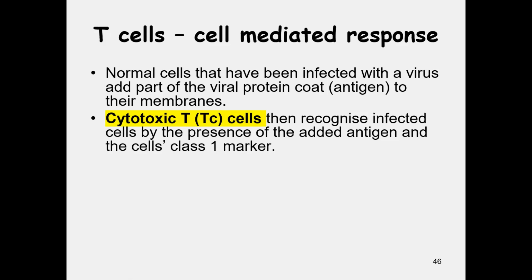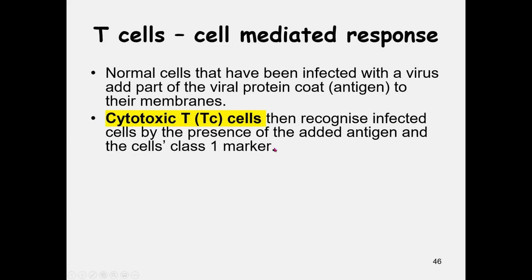But the cell, even though it's being taken over, will take a section of the coat of the virus that's attacked it, and put it on its membrane. So cells that have been infected by the virus take a bit of the protein coat of the virus, that's the antigen, on their membrane, and the TC cells, the cytotoxic T cells, will recognize the infected cell. And don't forget, cytokines have been sent out by these infected cells into the system. So these guys follow the scent